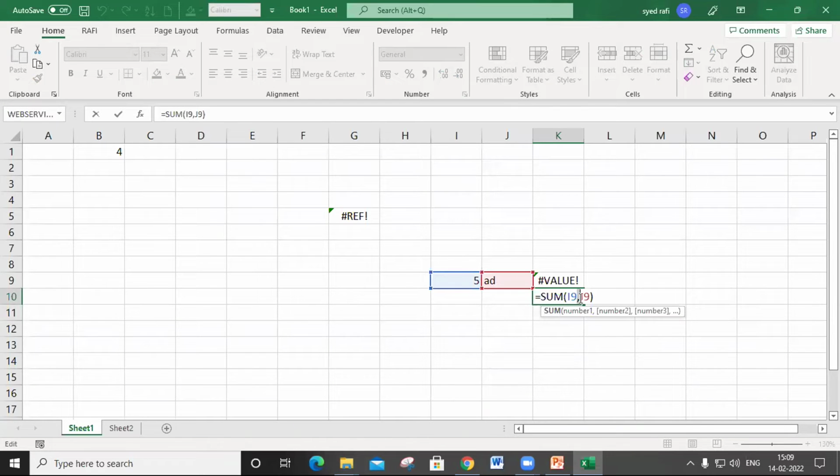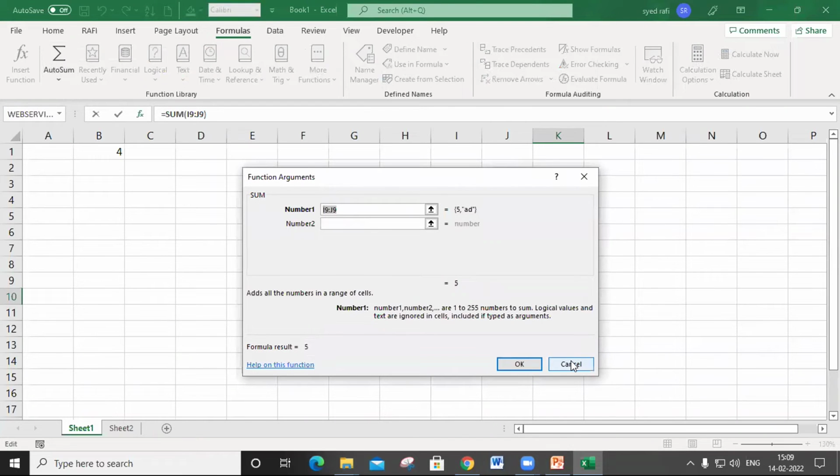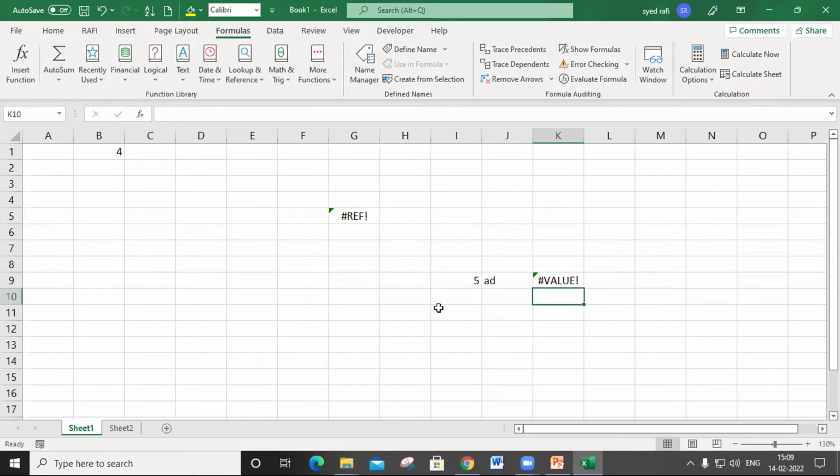If you put it like this, with a colon, it can't be considered. That's why it simply gives this. What happened if I apply the formula in this one? It will be displayed like this. It will be taken as text. It can't be added. Okay, no problem, we may remove this one, but you may observe here. We tried to add text with a number. That's why it is not possible, and it simply gives a #VALUE! error.